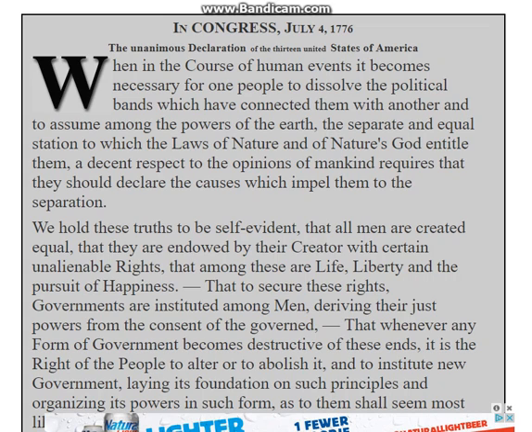Now, in the Declaration of Independence, you can read some of it right here. You can also go and Google it if you want. You can also Google the original draft that was written by Thomas Jefferson. His original draft really was scathing towards slavery. He blamed it on the British, but I don't really feel that's a fair assessment.